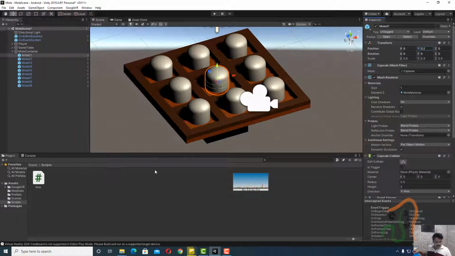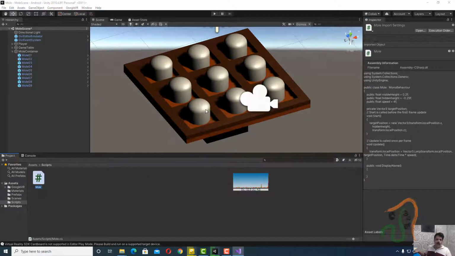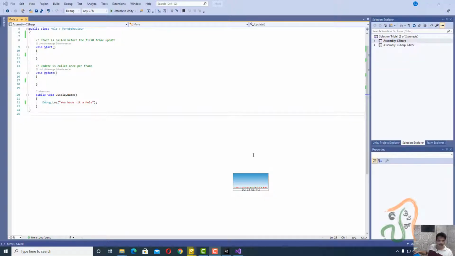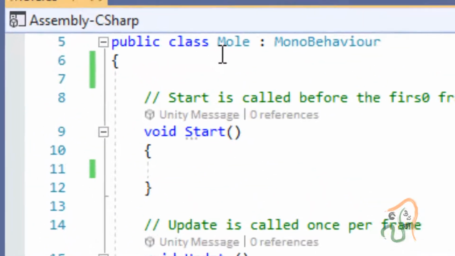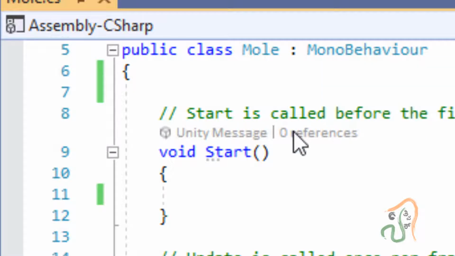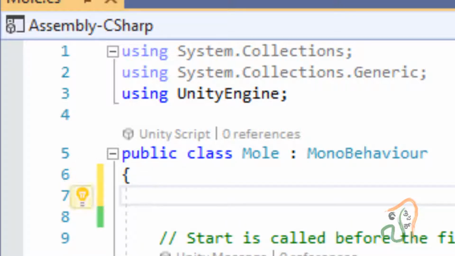To do this, double click this mole script and open it in Visual Studio. Here we have our script open, and the first thing we are going to do is, at the top of the script, soon after the bracket following the public class MonoBehaviour, declare two variables.